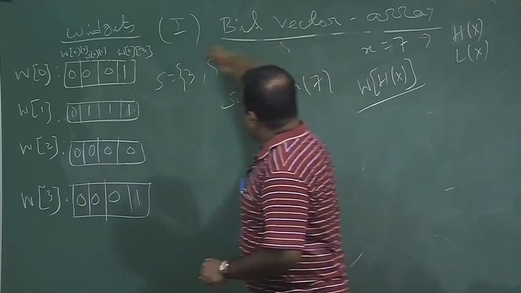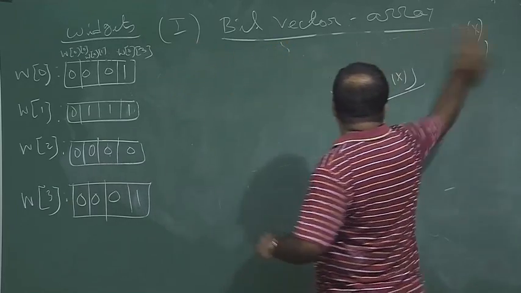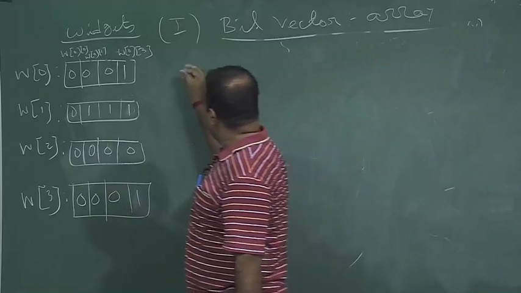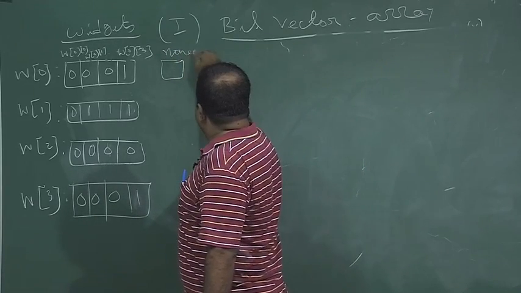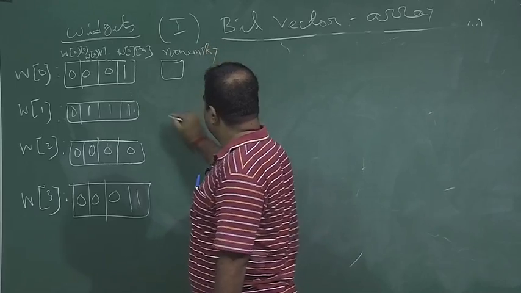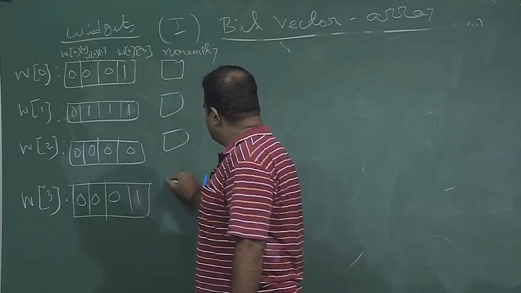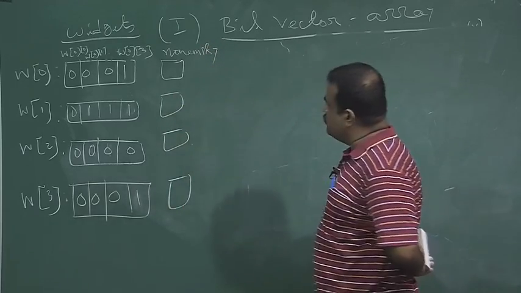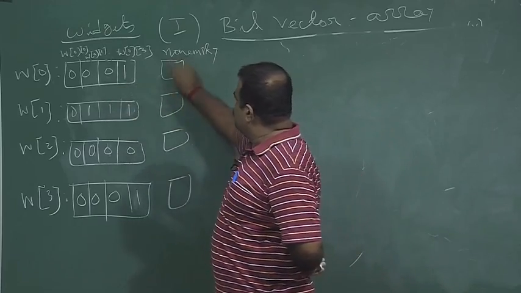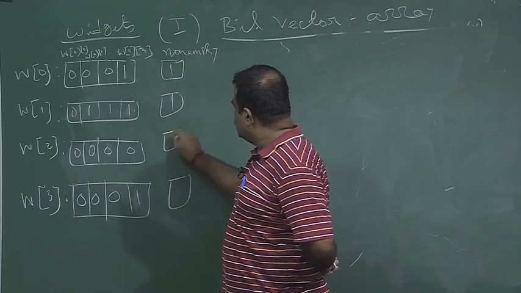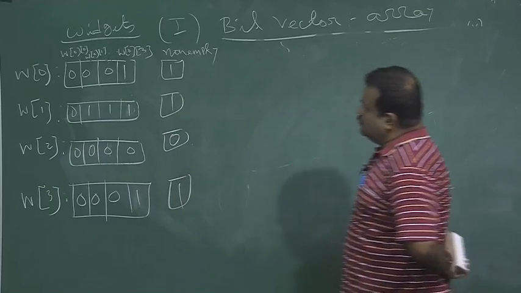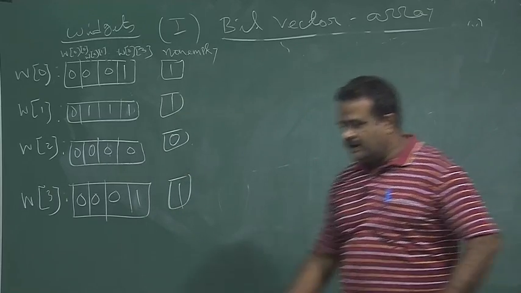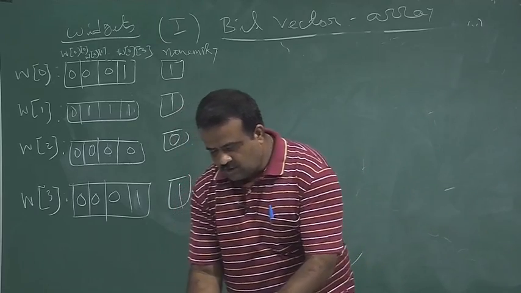For that, this is just a simple augmentation of the data structure. We will put an extra bit of information which is the non-empty bit. So, if there is a 1, we will put a 1, otherwise if there is no 1, we will put a 0. So, the algorithm is now,